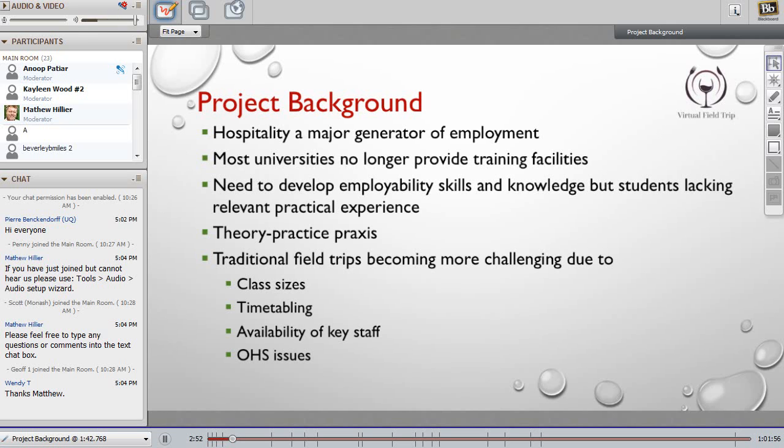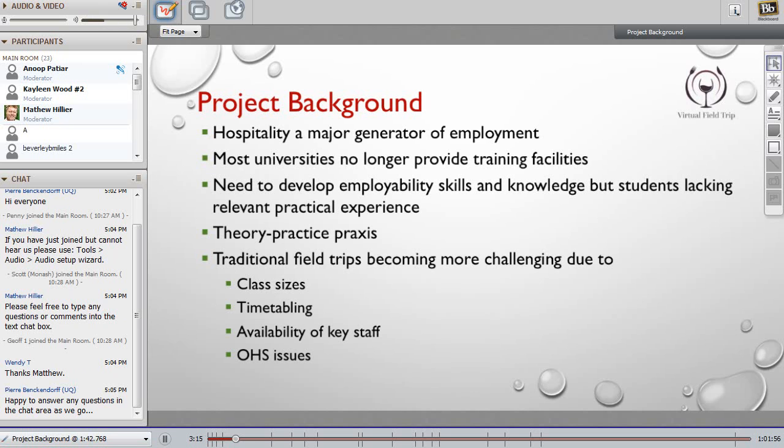Now, what we see is that most universities, particularly in Australia, no longer offer any practical labs to practice the hospitality aspect. On top of that, the work integrated learning and internship type of programs have also been withdrawn.